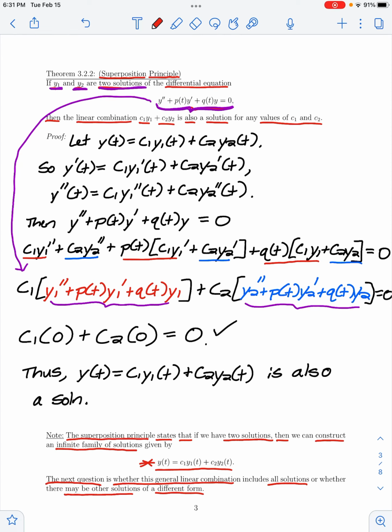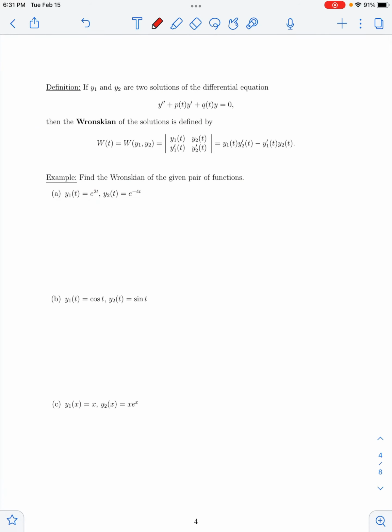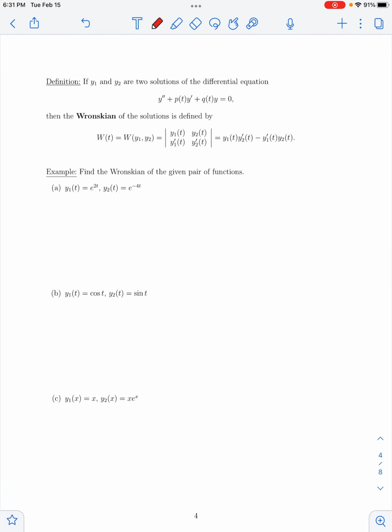So we're curious whether, when we find two solutions, a linear combination of those two solutions gives us every possible solution. Now, the answer to that question is going to come from something that we call the Wronskian of a set of solutions. So let's start by defining our Wronskian